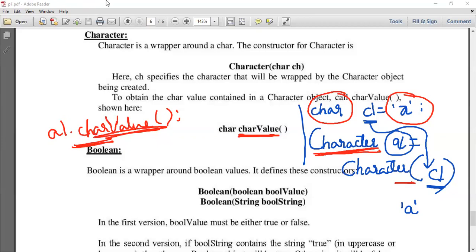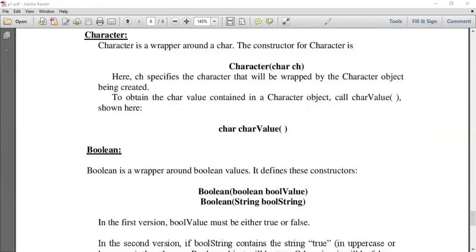Similarly, for all other primitive data types, this facility of wrapping is present. So there are two ways in order to wrap the Boolean value. Boolean wrappers work like this. Take the primitive boolean value. Let us call the variable name status. Status is equal to true.